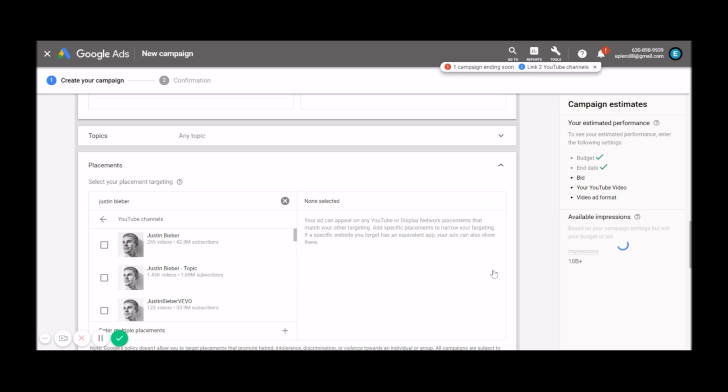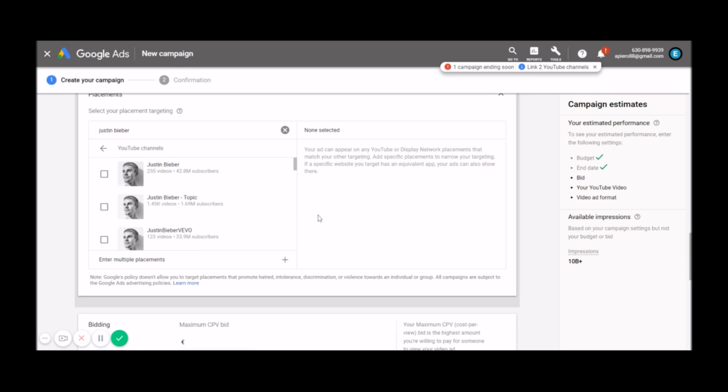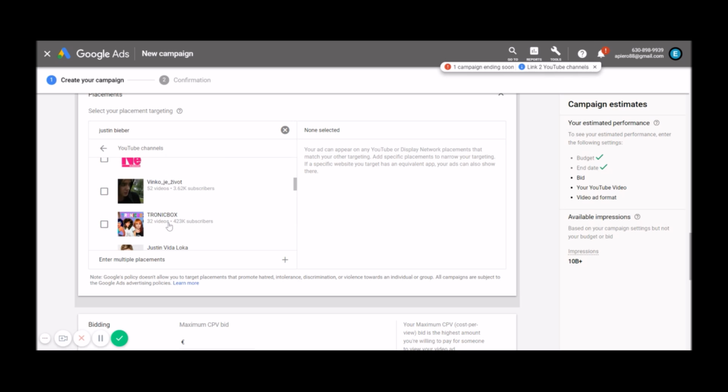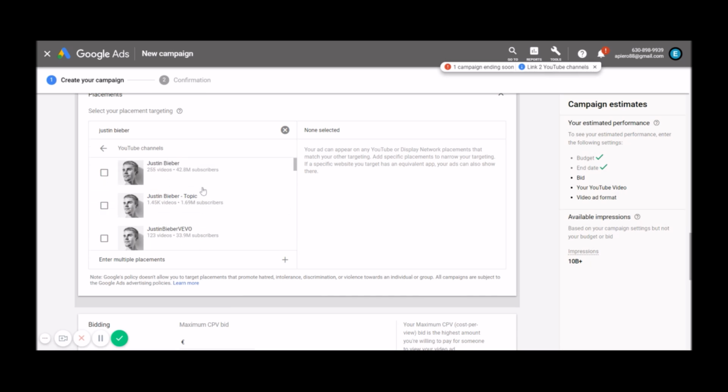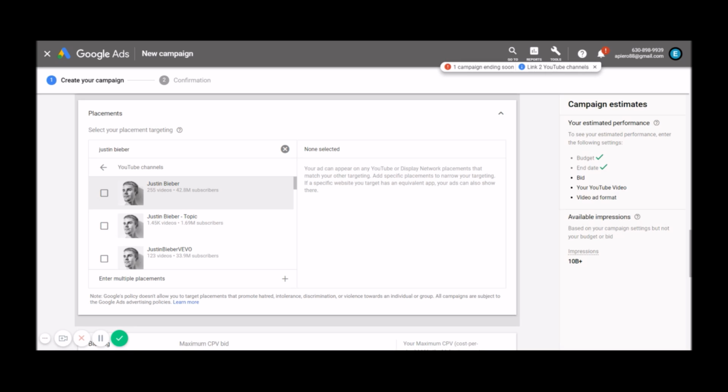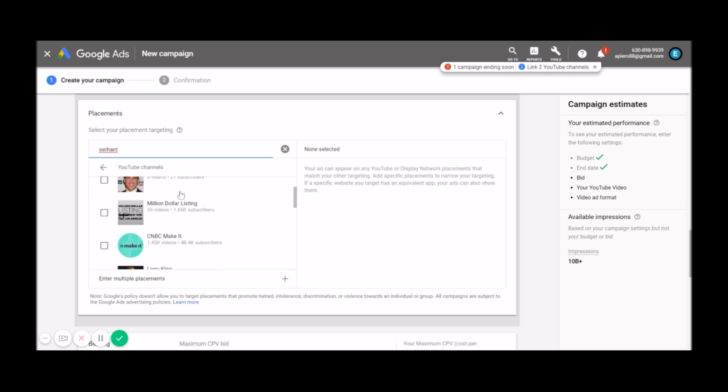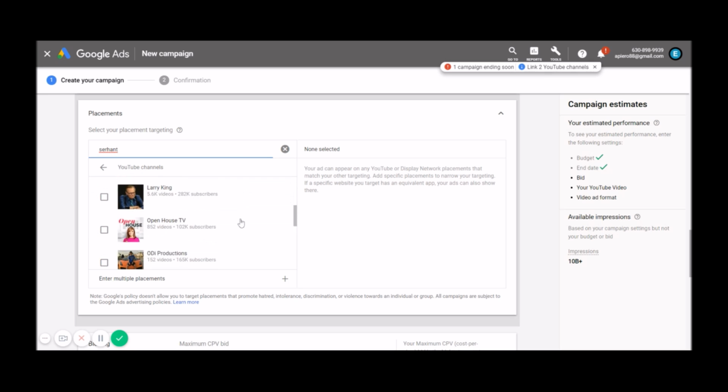But obviously, if you're an artist, I think it will be smart for you to target artists or people that do music. If you're a digital marketer, you can just target people like Gary V and whatnot. If you're a real estate agent, you can target, what's that guy's name? Sirhan. His name's Sirhan. You can target this guy, Eric Conover. Yeah, you can target him. You can target some real estate agents as well. $1 million listing. You can target these people, but we're not going to target